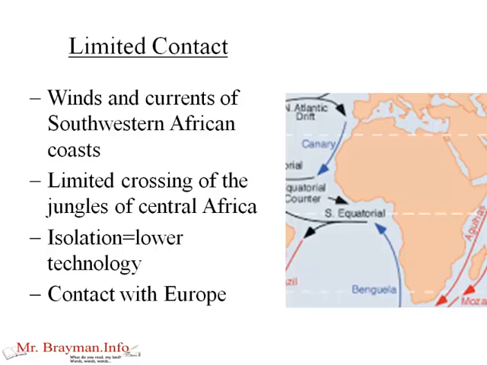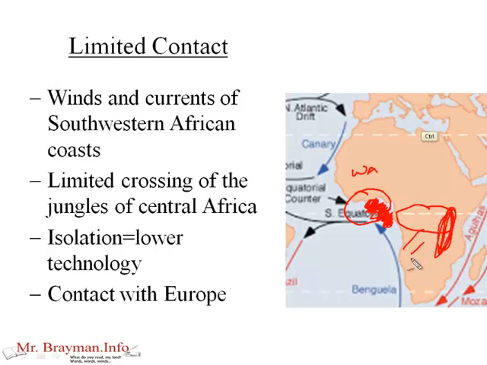Part of that is because of the winds and currents of the southwestern African coasts. There's really a current block right here at the corner at the Bight of Benin. Ships could sail south very easily and they could sail north very easily, but it's very difficult to get right through this area here. And it would take centuries before Europeans had the sailing technology to get around this area. You also have very dense jungles right through here that broke off contact with West Africa. And over here on the Swahili coast, there are also jungles and very difficult deserts as well.